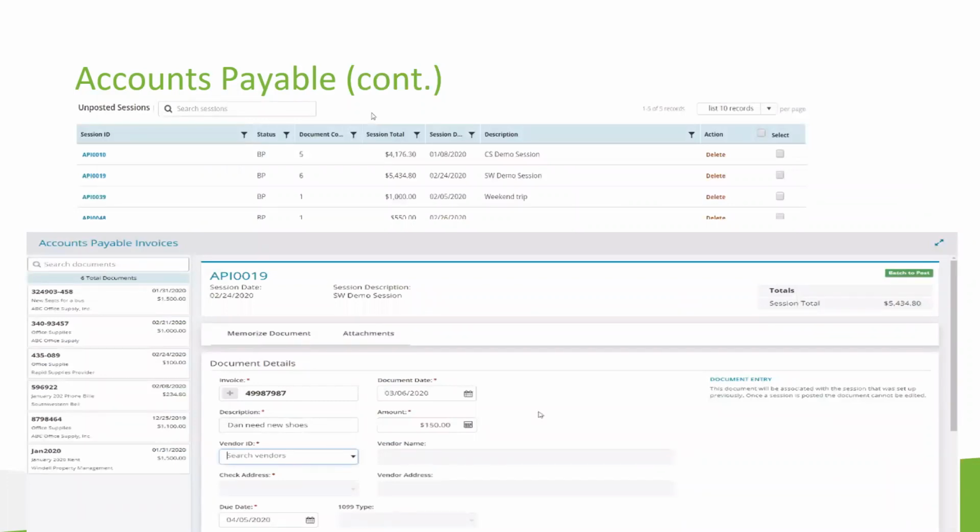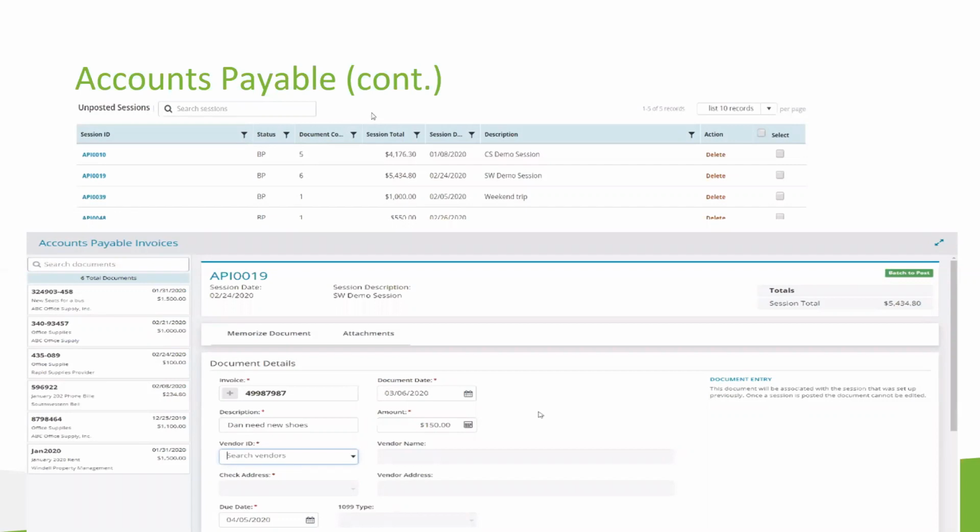Let's move over to transaction entry and AP invoices. Maybe something to note here is that MIP is a batch file system, and in most cases, customers will elect to have or not have unposted sessions. This is more of a philosophical type of approach or question. If you elect to create unposted sessions, you could go one step further and decide who can or cannot post them to the GL, meaning there are certain users maybe you want to restrict. And this is another control within the system.